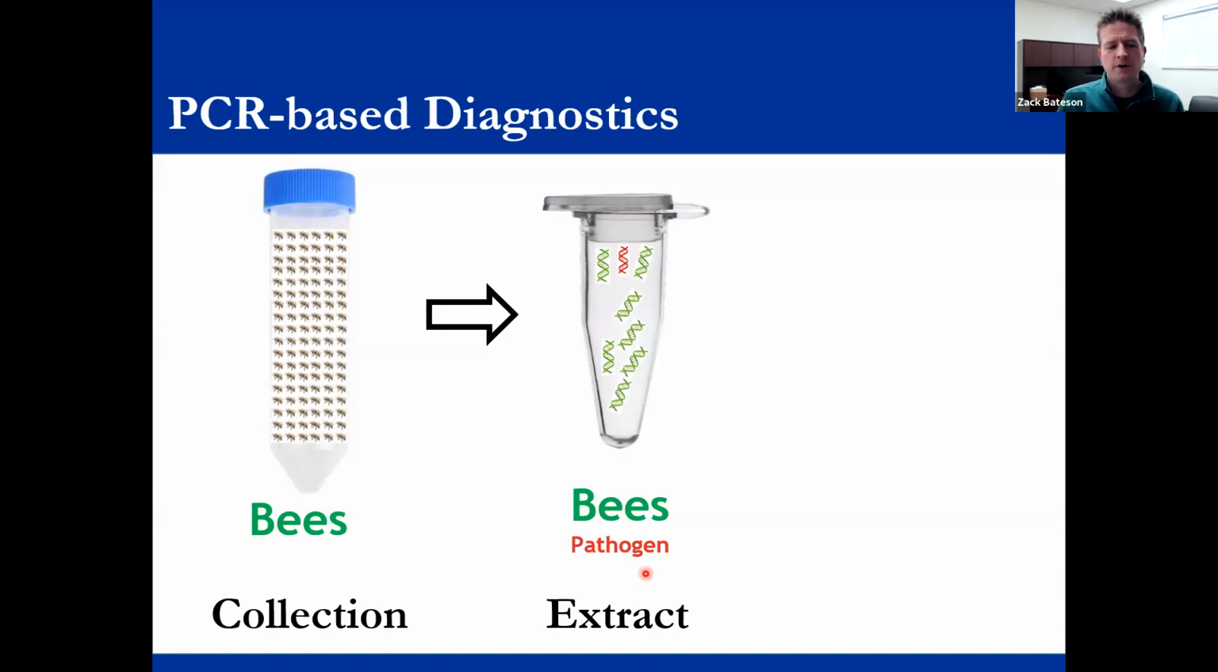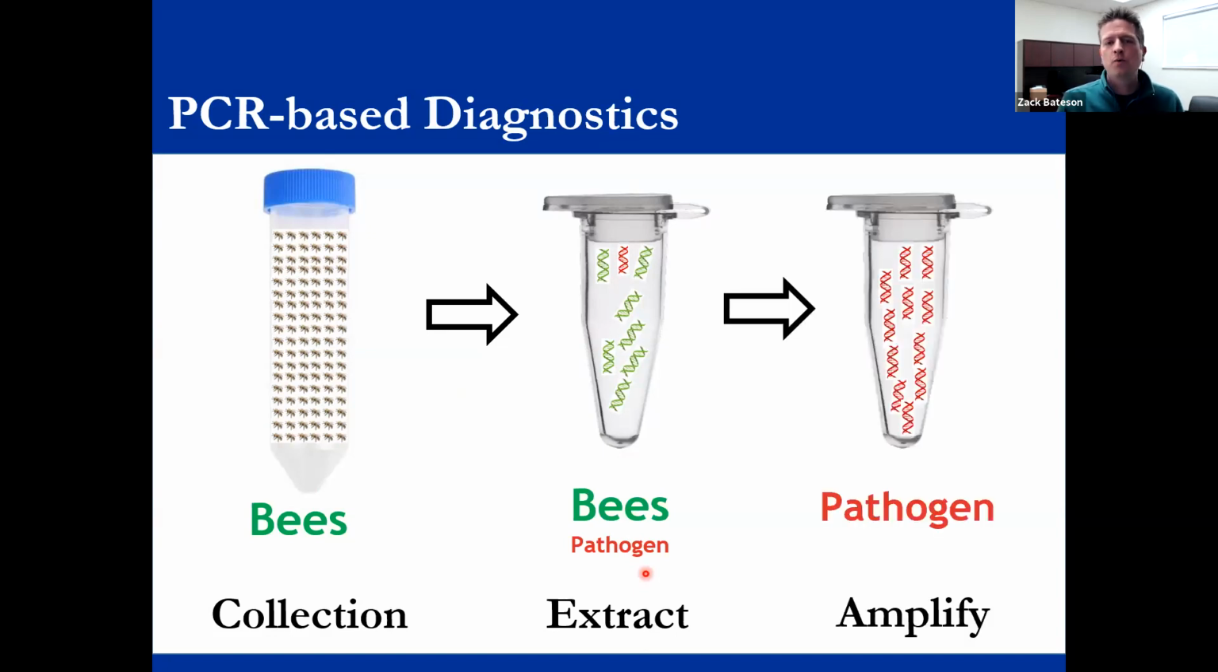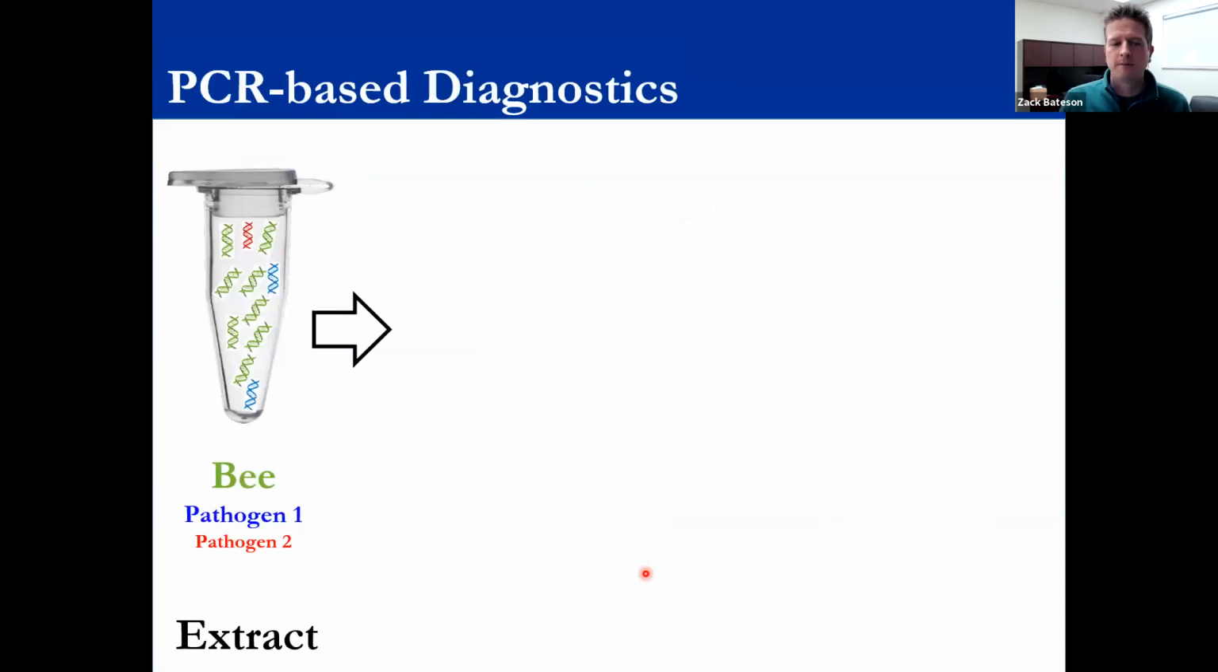And so I'm just kind of showing you that with the colors here. But then you want to preferentially amplify the pathogen data, and that's what we use PCR for. So to give you a little bit more detail, this is a hypothetical extraction of bees,